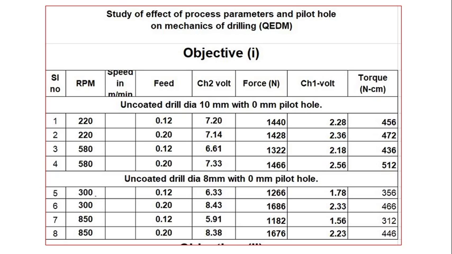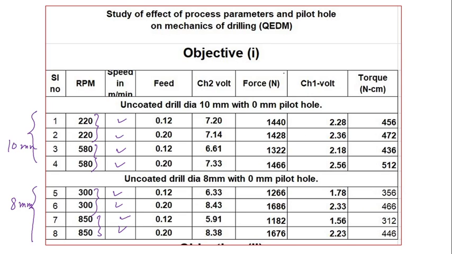Now this is the data sheet. In this data sheet, these things you have to fill in. That is the cutting velocity. We cannot achieve a given cutting velocity accurately because this particular machine is not fitted with a variable spindle drive. For that reason, we cannot achieve a particular cutting velocity. Certain RPMs are available. Those RPMs have been chosen, and whatever cutting velocity comes out is used. The second set of experiments has been done for the 8 millimeter drill. The first set of experiments has been done for the 10 millimeter drill.